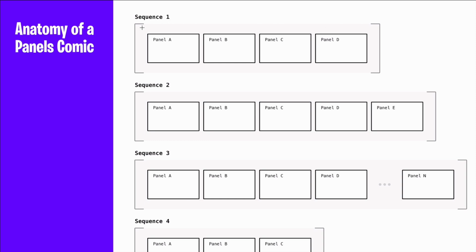I can add background audio to a sequence that will play throughout this entire sequence. Most of the time that's going to be background music. I can also add background audio to a panel that will only play while this specific panel is on screen. I usually use that for an ambient sound effect that sort of enhances the setting of a panel, like jungle